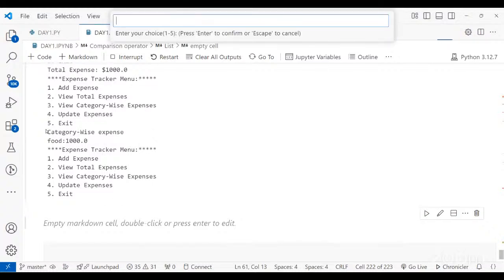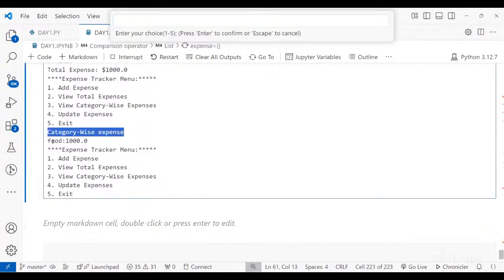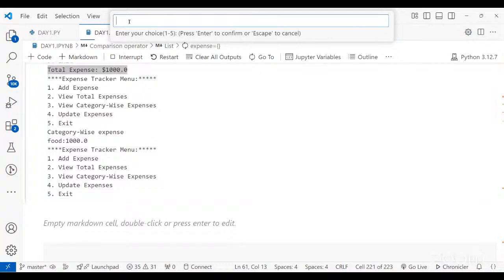Yeah, category wise expense we are getting. Food is 1,000. I have just made one entry. Oh, we are getting the total expense now over here. This is the total expense. Let me add more entries. Okay, so let's say